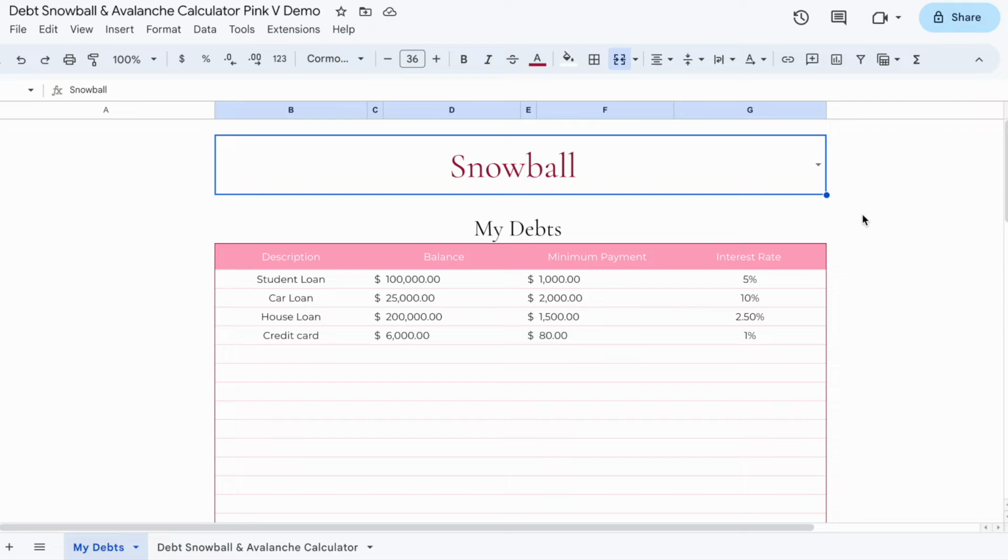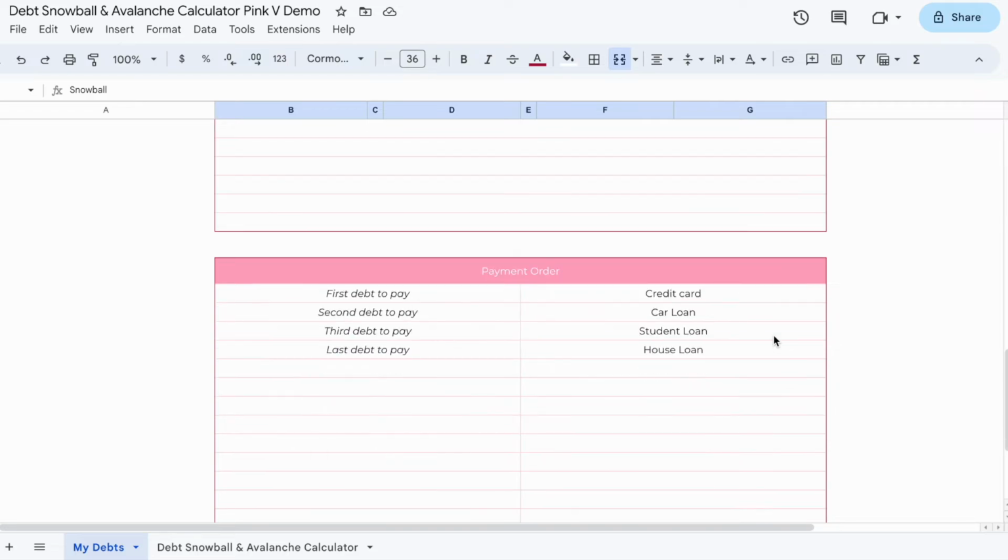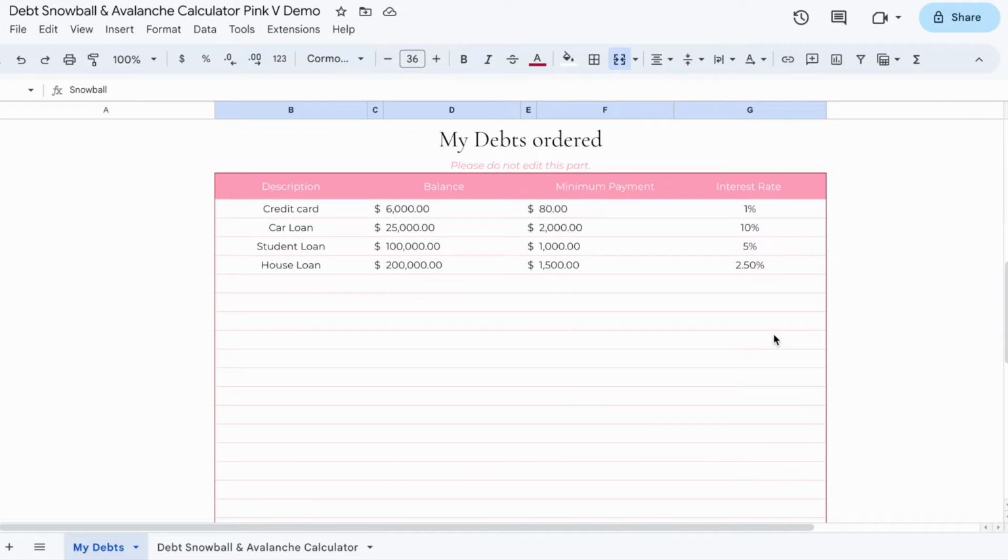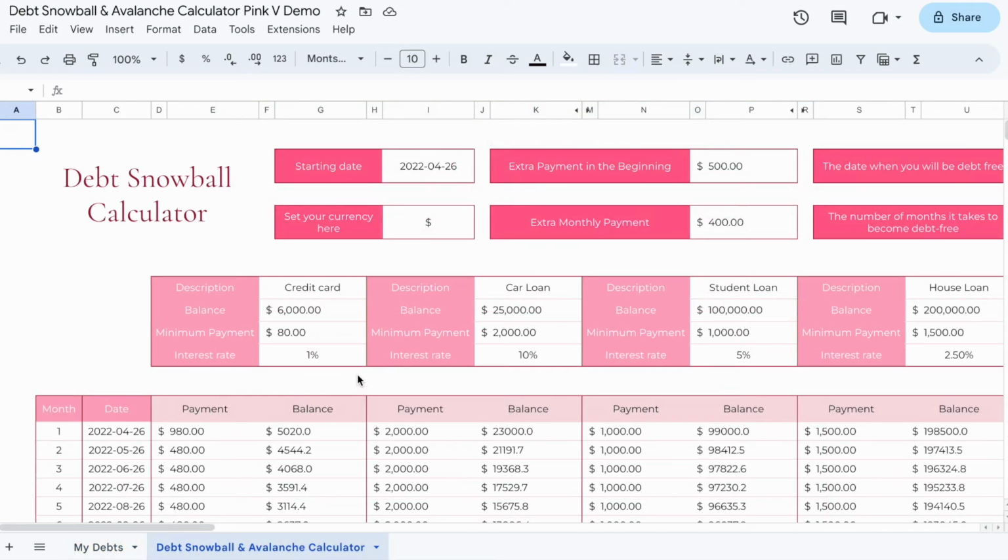Now, all you have to do is fill in the information about your debts, such as their name, their balance, their minimum payment, and their interest rate. You will then be able to see the order in which you need to repay your debts, depending on the method you have chosen. In the second tab, you must enter the date on which you start repaying your debts